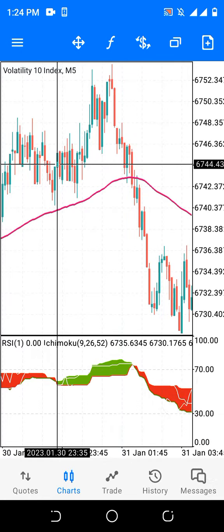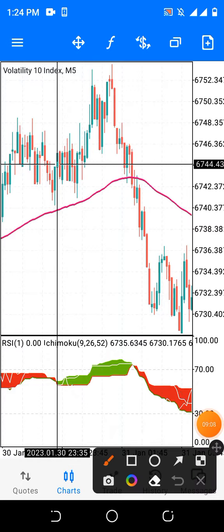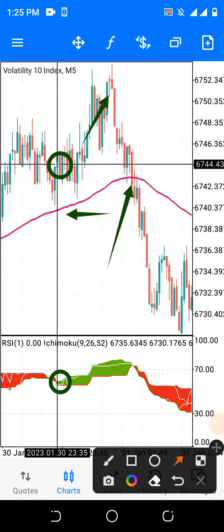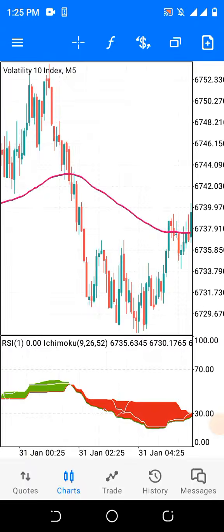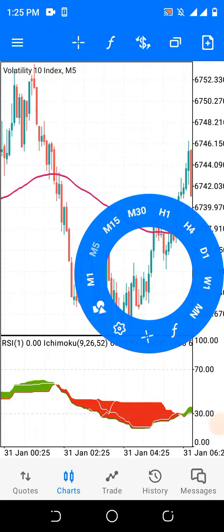This is it. Make your entry where the color change occurs. Then put your stop loss below the moving average. Do you understand? And this is a small profit. Now, whenever you are holding a trade and the candlestick crosses the moving average, that signal has been violated. Do you understand? So don't miss that.